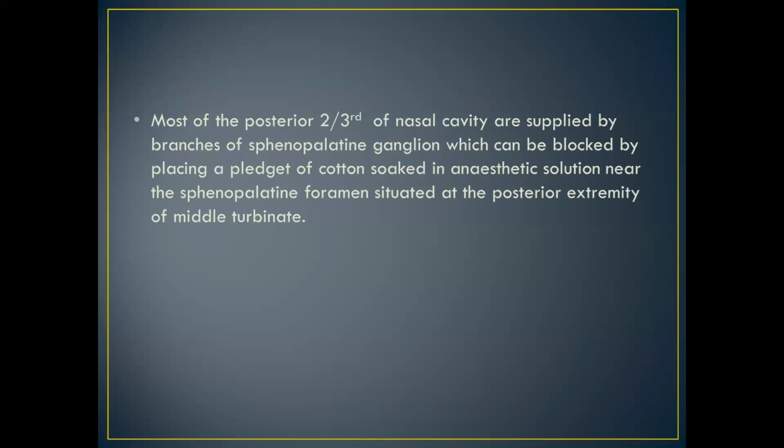अगर हम चाह रहे हैं कि हम पोस्टीरियर टू थर्ड को ब्लॉक करें तो हम जानते हैं कि वो स्फीनोपेलेटाइन गैंग्लियन से नर्व्स आ रही होती है। स्फीनोपेलेटाइन फोरामेन जहाँ से ये नर्व आ रही होती है वहाँ पर अगर कोई लोकल कॉटन रख दें तो ये नर्व सेंसेशन ब्लॉक हो जाएगी उसकी। अगर हम कोई सर्जिकल प्रोसीजर करना चाह रहे हैं तो हम ब्लॉक करके कर सकते हैं विदाउट गिविंग जनरल एनेस्थीसिया टू द पेशेंट।